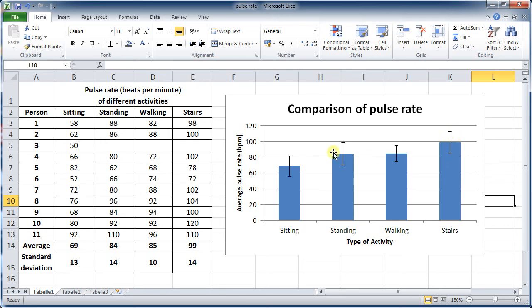So there is not a big overlap between sitting and walking stairs. So there is a difference between sitting and stairs, but no big difference between standing and walking, and also not a big difference between walking, standing and stairs, because there is a big overlap. So that's the importance of standard deviations,